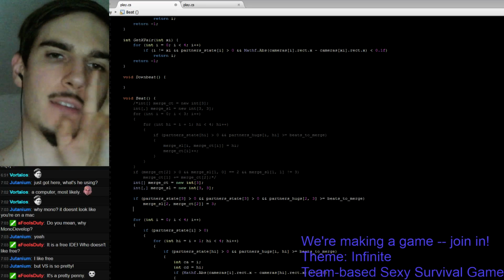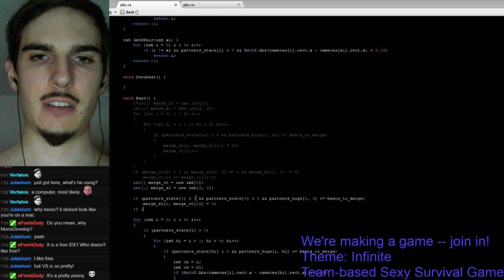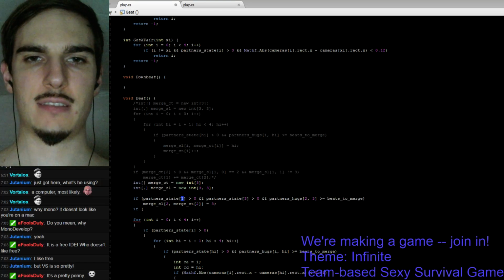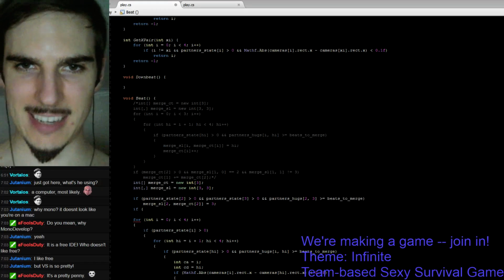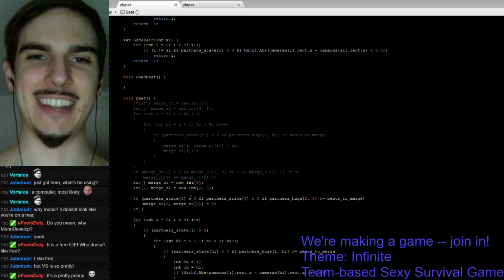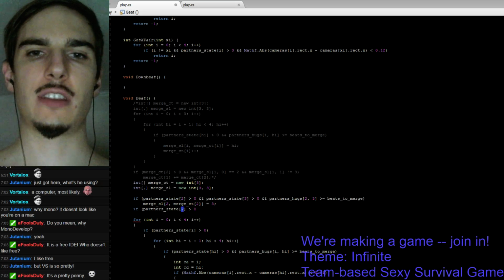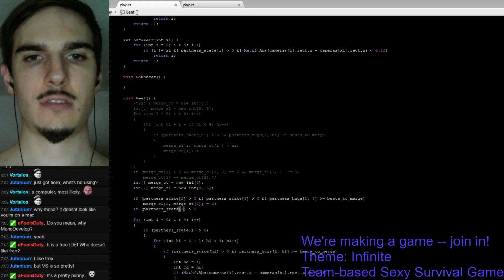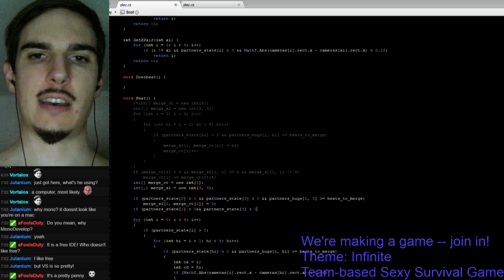So then if partner state, I don't know why I don't have to invert this part. I don't know why I inverted that part. Oh, wow. All right, I just typoed. So partner state 1 is greater than 0, and partner state 2 is greater than 0,